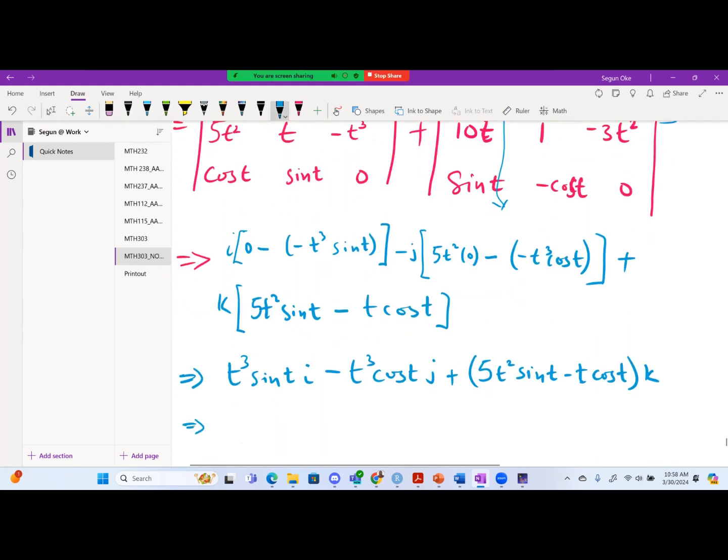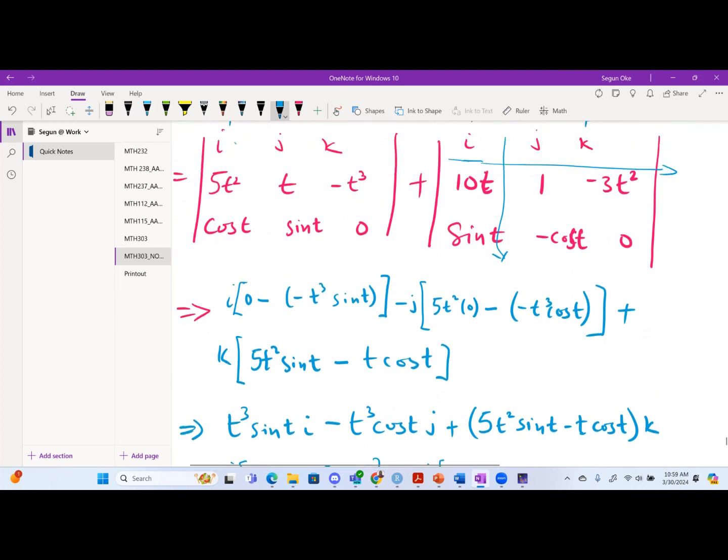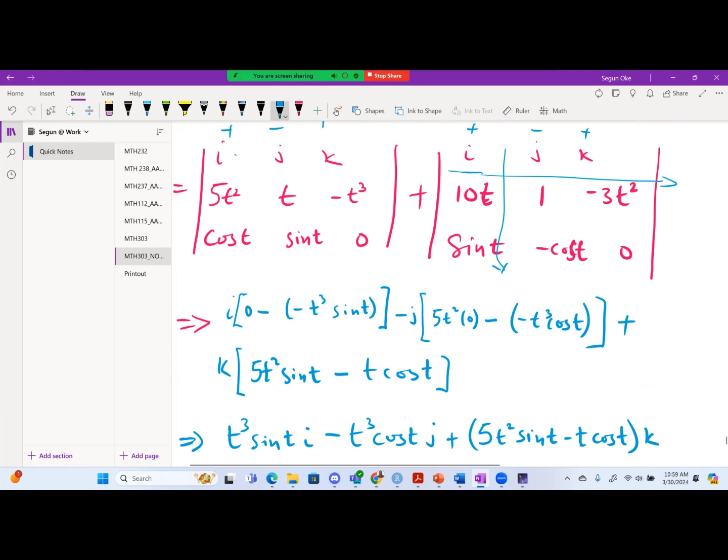It will remain for me to be i into 0 minus 3/2 squared cos t. Because minus times minus will be plus, and I have minus within. So it's like this. So minus j now. We want to do the j. I will cancel the second column, a first column, cancel the second column. So it's going to be